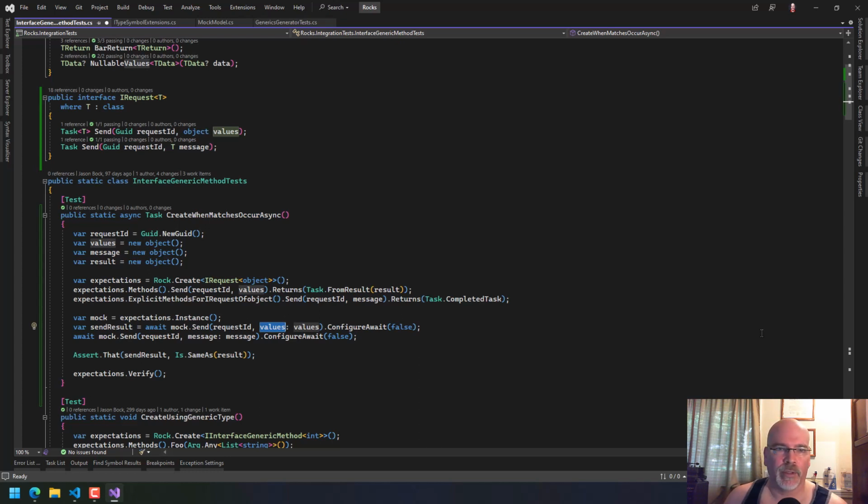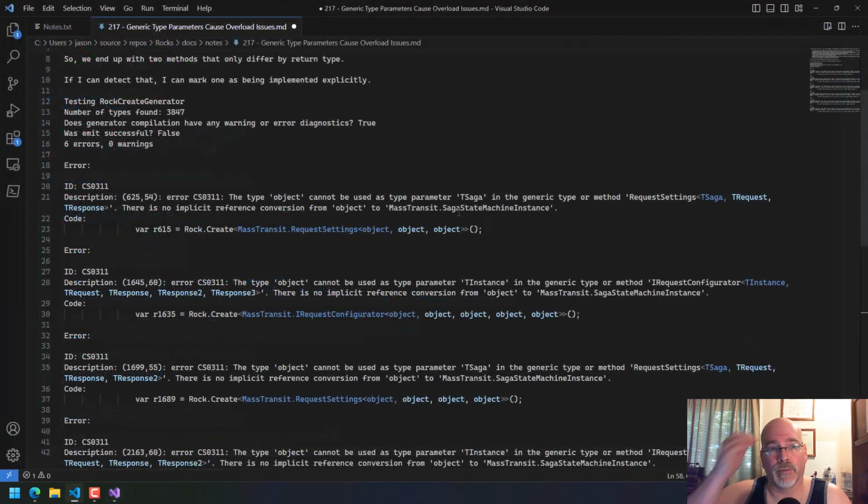So what I'm going to do now is I'll run the code generation tests without MassTransit, and then I'll put it in. And we'll see what the results are. That takes time, so I'll run that and then I'll come back with the results. Okay, so